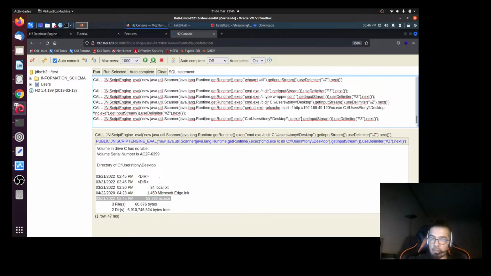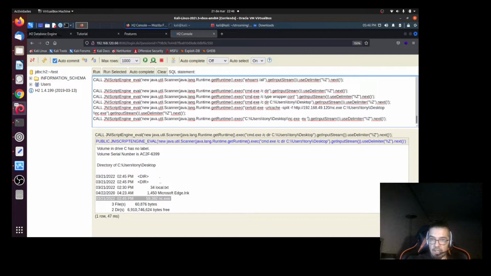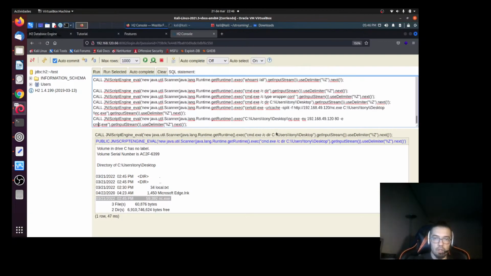So this is the netcat binary. We want -nv, my IP, to establish a connection to this IP at port 80. I want to execute the program cmd.exe. So right now I need to start listening with netcat -lvp at port 80. So let me launch it,